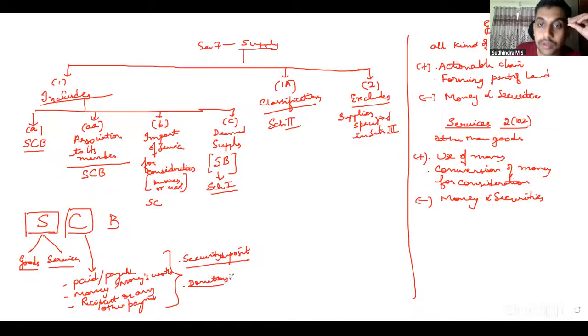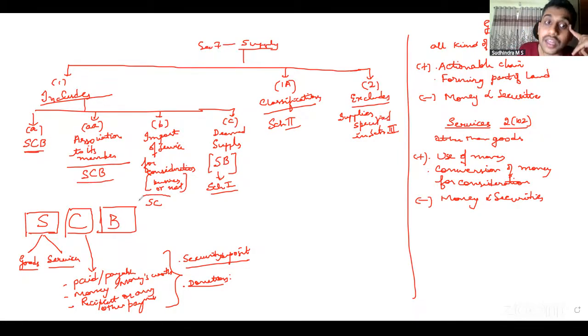Then donation received by a charitable organization should not form consideration if it fulfills three conditions. It should be made to a charitable organization for a charitable purpose. The purpose should be philanthropic and not advertisement. It should be in the nature of gift or donation. Then B is in the course of business. What is business? We have understood that, right? So that was the discussion about those three parameters.